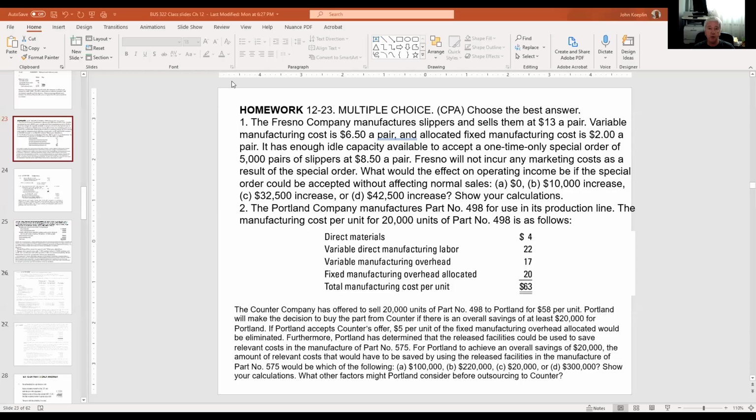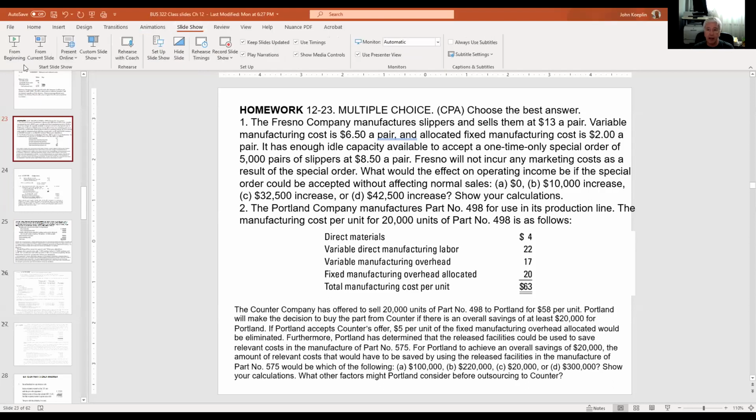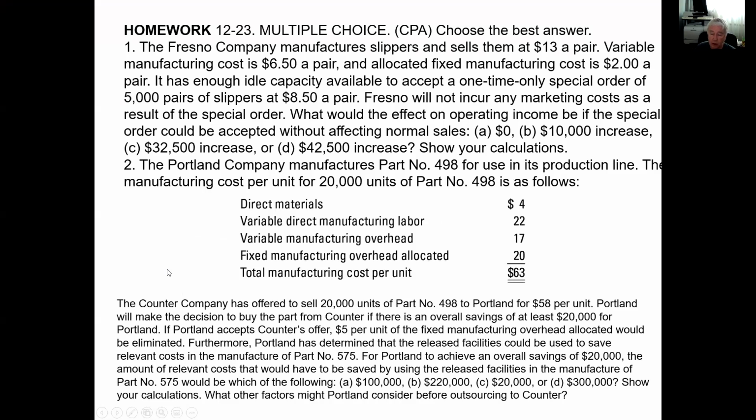So we're going to continue with chapter 12, where we left off. We were looking at decision making and how it is very important that whenever you're making a decision, you only include the relevant factors, the relevant information, and do not include irrelevant information. Part of the irrelevant information would be cost, for instance, that would be the same no matter what we